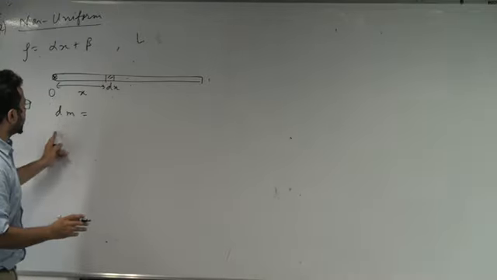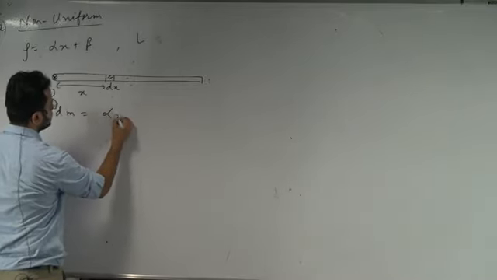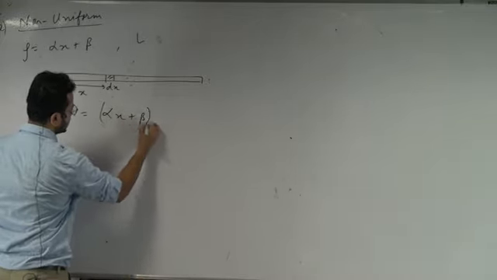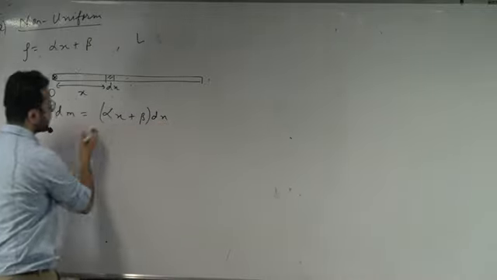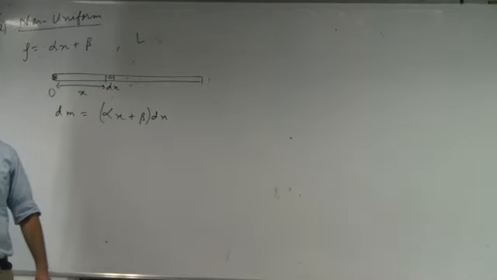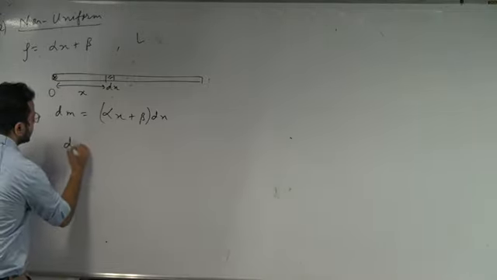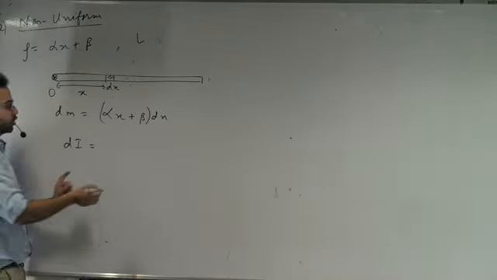Correct? Okay. So what is mass per unit length? Mass per unit length is given to me. That is alpha x plus beta. Okay. What is the length? The length is dx. So this becomes dm. Okay. What is the distance of dm from the axis? It's x. So dI will become what? dI will become dm into x square. So this becomes,